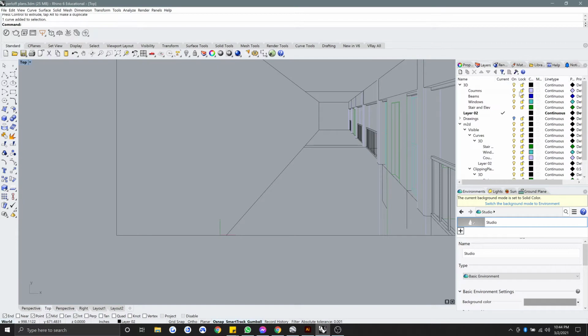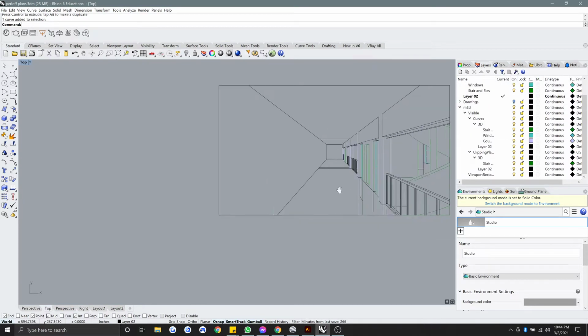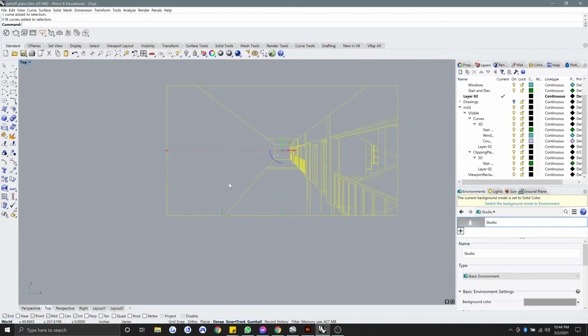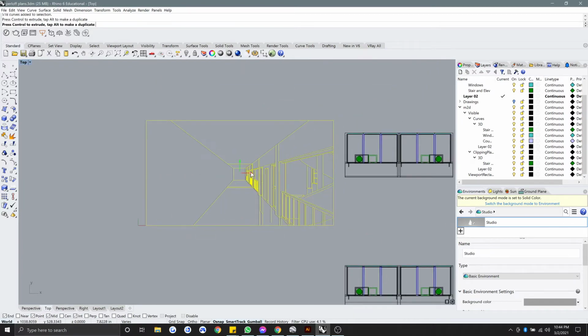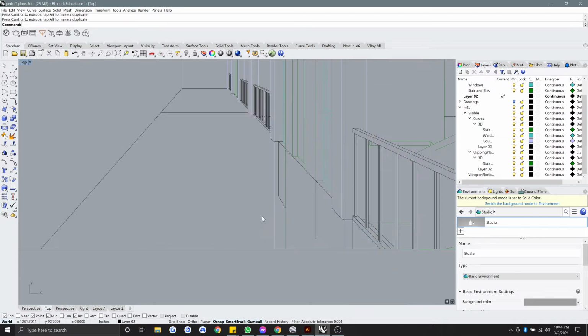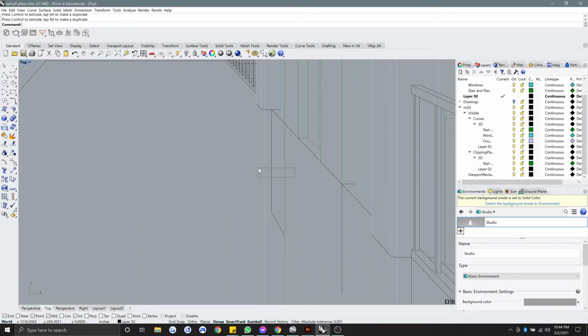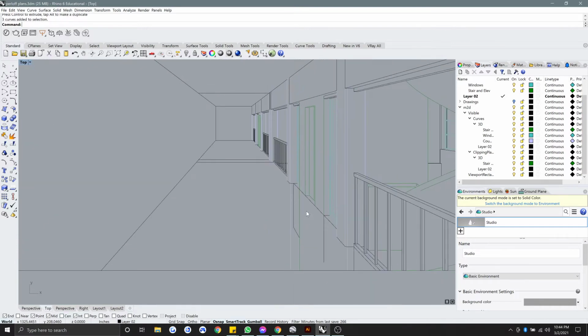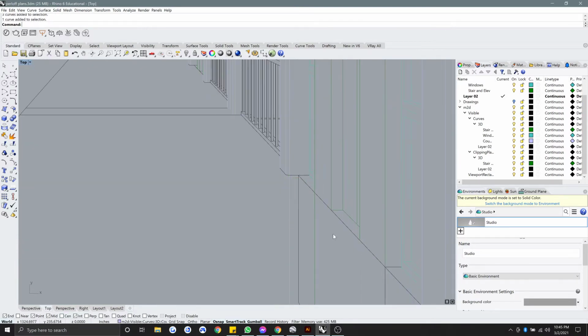Did I lock some layers? Let us see. Oh, that is the green line of the center point. That's hilarious. But the first thing we're going to do is go through and remove all the lines that